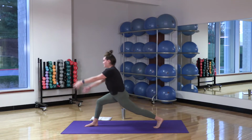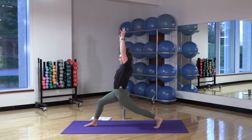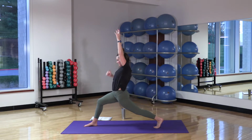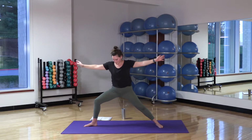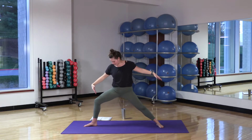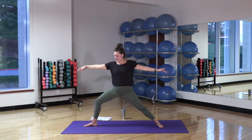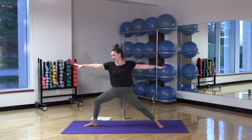and whenever you're ready, coming up in your high lunge, this time bringing your arms up above your head, imagining that you're holding a beach ball here, keeping your weight in the front leg, making sure that front leg is bent no more or less than 90 degrees. Exhale, opening up into your first warrior two here, maybe bending and pressing through your knees, making sure, once again, your front knee is bent at 90 degrees, reaching with your front hand, extending through your back arm,